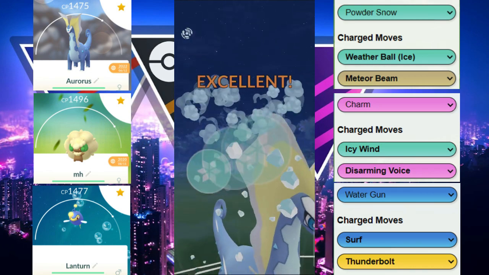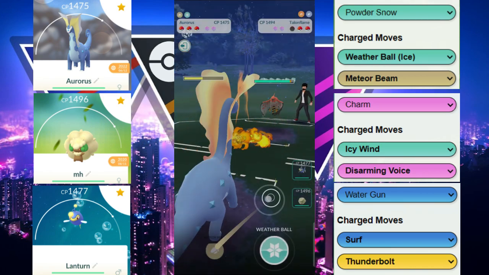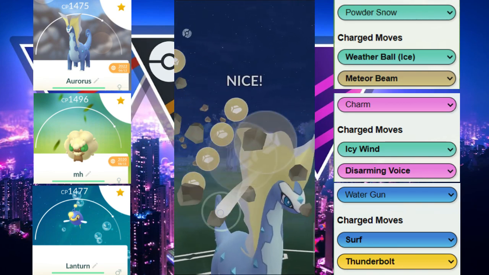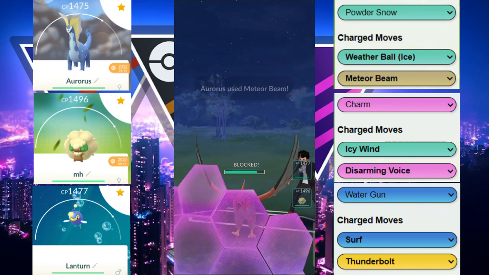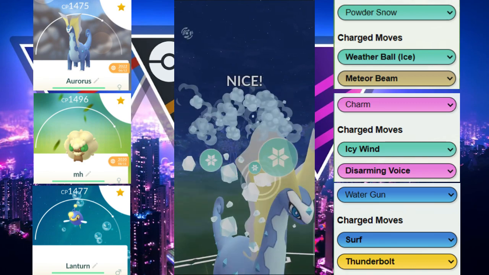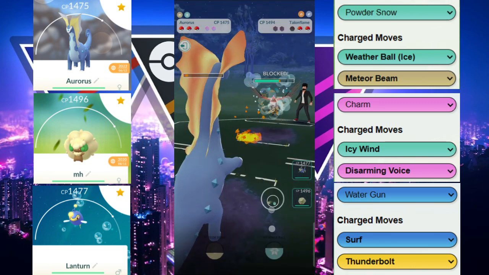here. The fact that they haven't switched out tells us that they don't want to see this Aurorus in the back either. So they do reveal that they have a double flyer team. Talonflame in the back here. We're going to threaten a shield. Meteor Beam does go through. Does increase our attack. Even though this is only neutral, it would do, you know, some good damage considering it